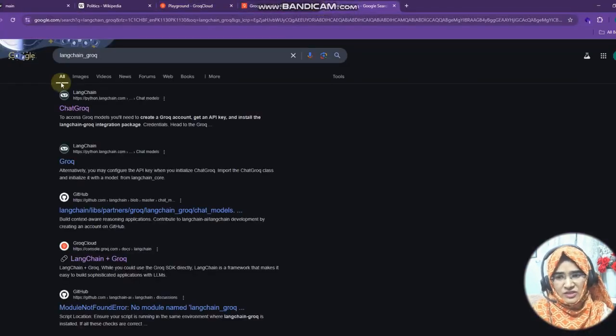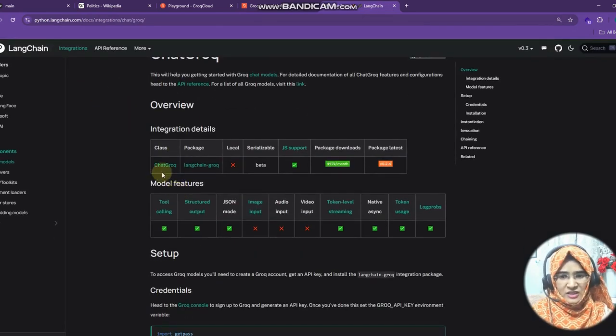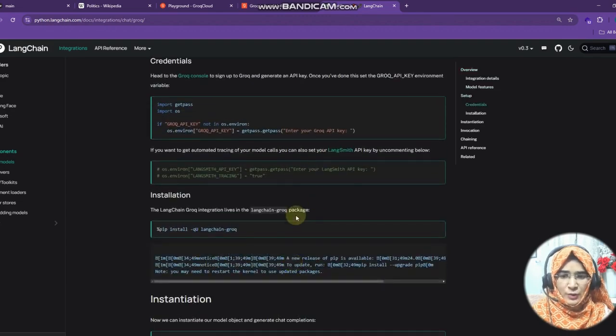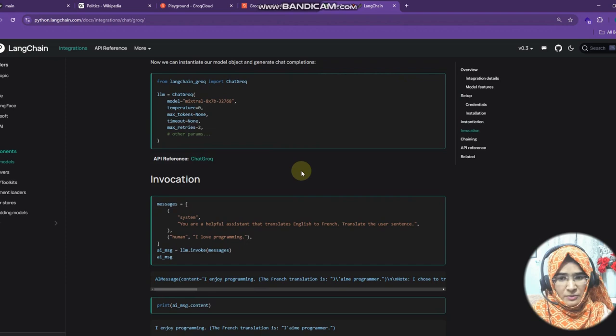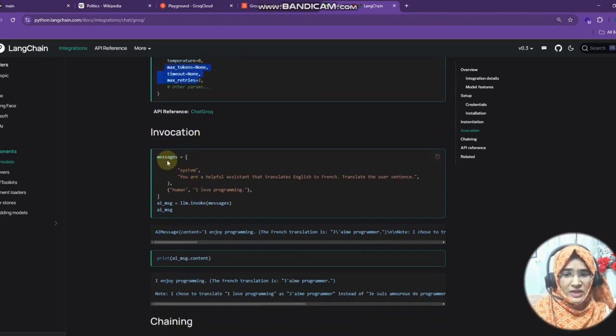If you go into the LangChain Groq library or LangChain documentation, you will have the idea of what ChatGroq, the LangChain Groq package, is, and it is providing these kinds of supports and how to implement it. This is the way that you can implement it. These are the features that you can write also. You can directly use this as an LLM model, or you can use it as a model that goes into the chain, and after the particular thing you have done, you call the LLM model.